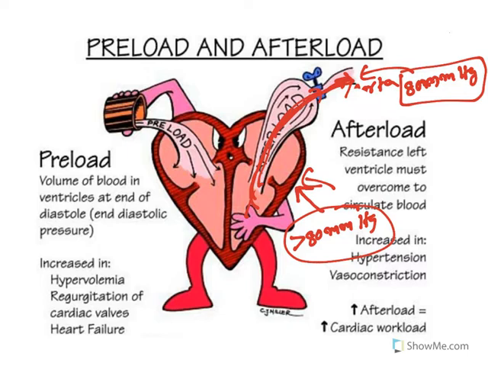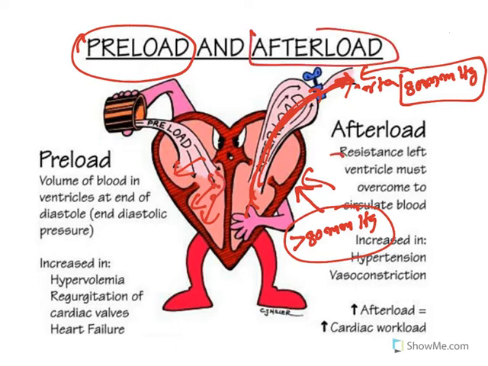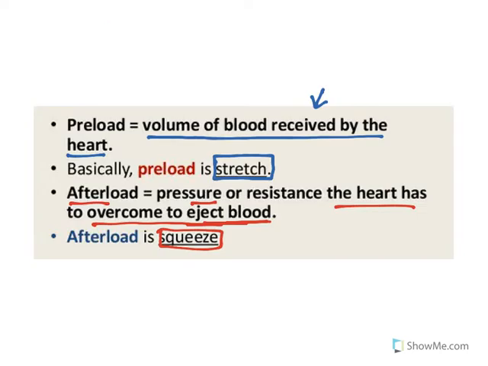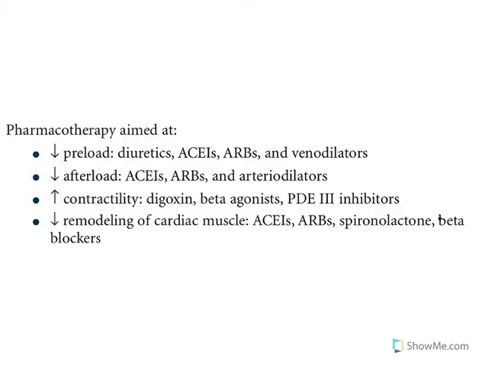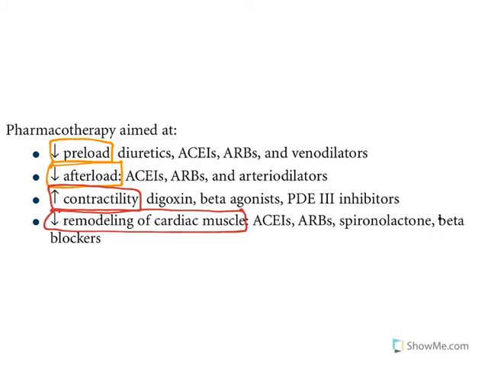Now these two are important determinants, because if preload is increased, the stress on the heart is increased, and that is what results in cardiac remodeling. If afterload is increased, the pressure that must be exerted by the heart will be increased, and it damages cardiac ventricular walls. So these are the major determinants. So when you are treating congestive heart failure, the basic job has to be reducing preload and reducing afterload. And because cardiac output is reduced, the next job is to increase contractility. And finally, reduce remodeling of cardiac muscle. Remodeling is nothing but the ventricular dilation. That is what is called remodeling of cardiac muscle.